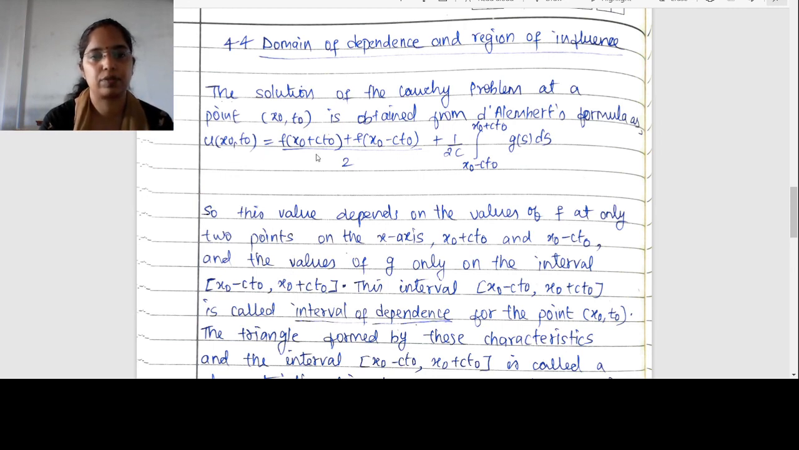U at x naught t naught will be f at x naught plus c t naught plus f at x naught minus c t naught, whole divided by 2, plus 1 by 2c integral x naught minus c t naught to x naught plus c t naught g of s ds. So it means that here the solution depends upon f and g, as we already know, and f depends upon what? F depends upon x naught plus c t naught and x naught minus c t naught. And what about g? G depends upon the value only on this interval,